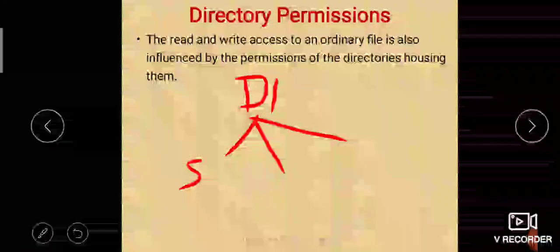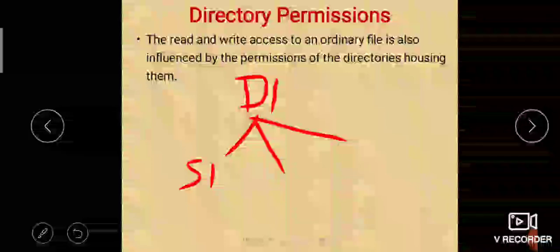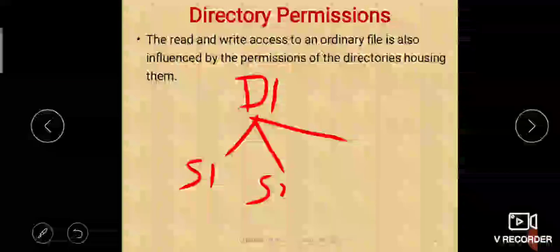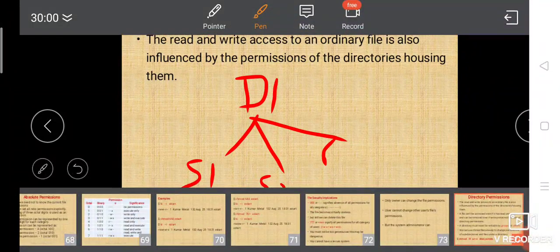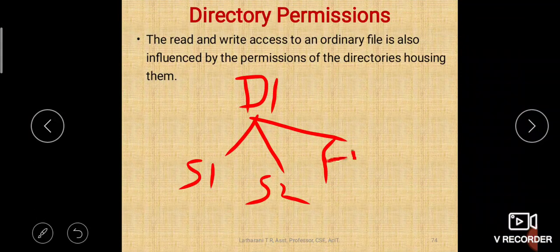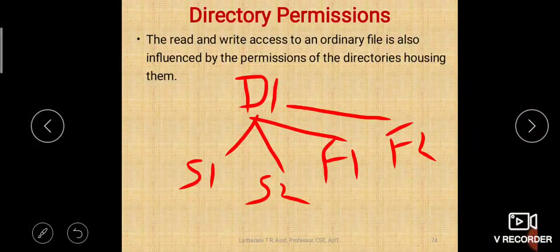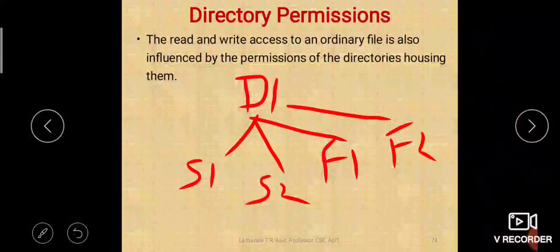Let us say there is a subdirectory s1, another subdirectory s2, a file called f1 and another file called f2. So there are two files and two subdirectories under d1.